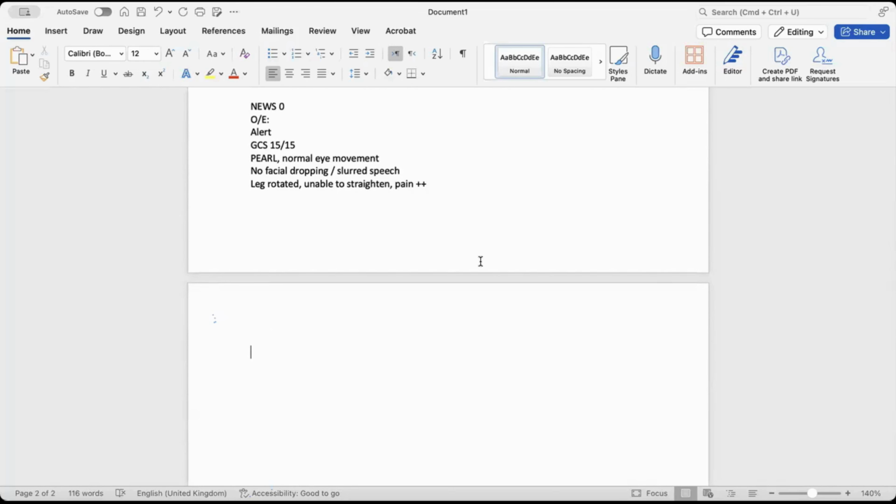So after we've done the examination, okay, we basically write our impression or diagnosis. So our initial impression is that this patient might have a neck of femur fracture, abbreviated as NOF. What is our plan? Our plan is basically, of course, to get an X-ray. Usually in patients with query NOF, they've already had an X-ray. So if we found in the X-ray that this patient actually has a neck of femur fracture, then